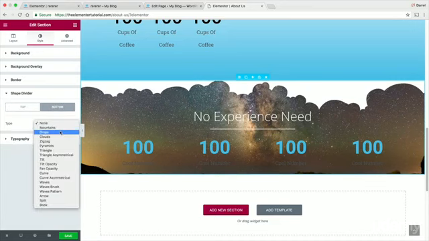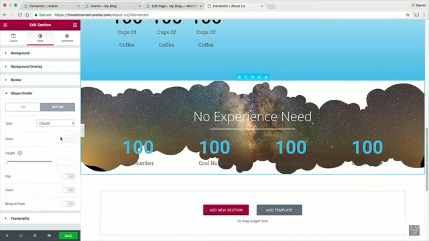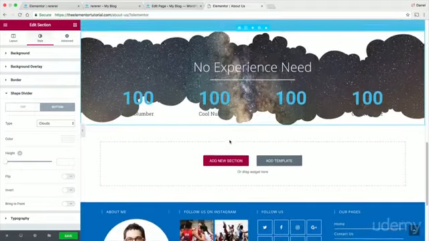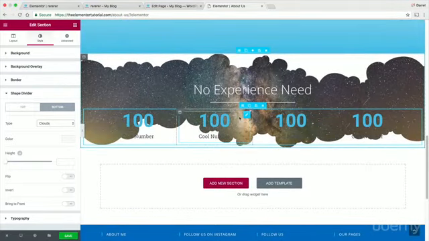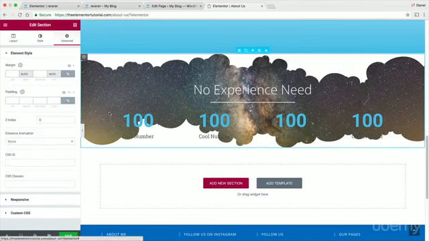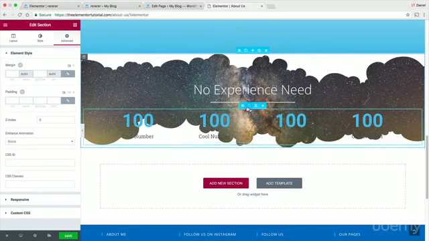So now for the bottom section, I'm going to add clouds again. And that looks pretty cool, except for this section right here. But if you guys don't know how to fix that by now, you should. You can increase the padding right here, or on this module, or on this module. It really doesn't matter which module you add padding on, but right here, I'm going to click on this, go to advanced. We can add padding to the bottom, which is more space,